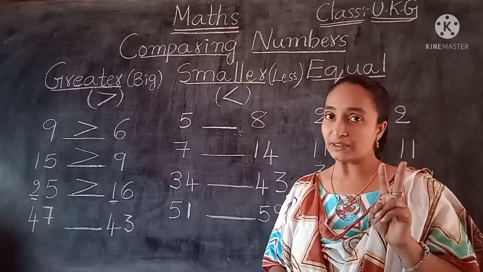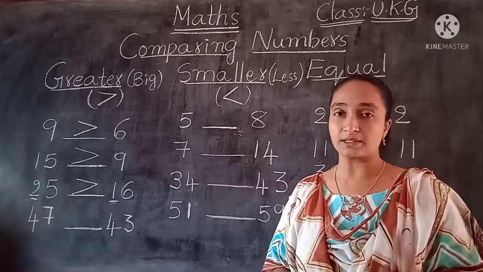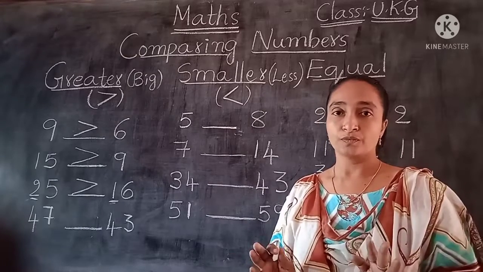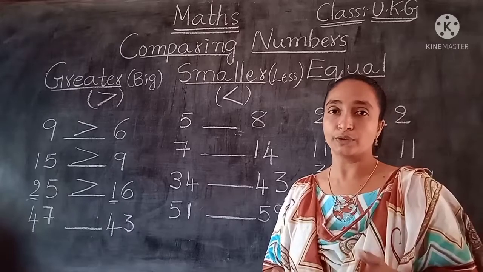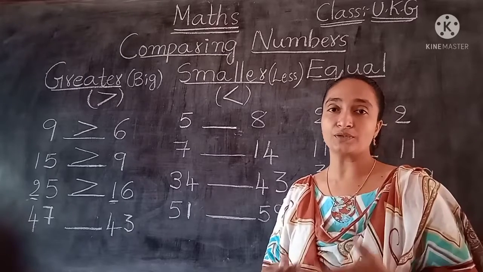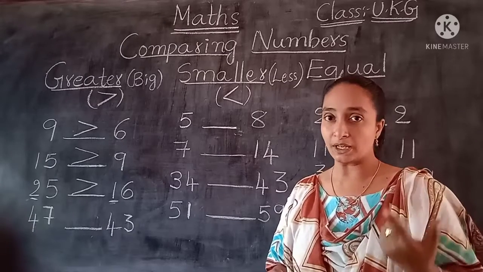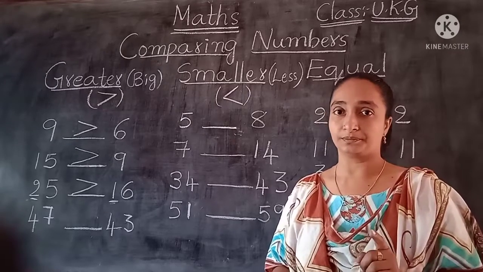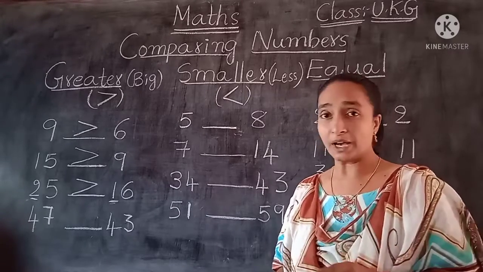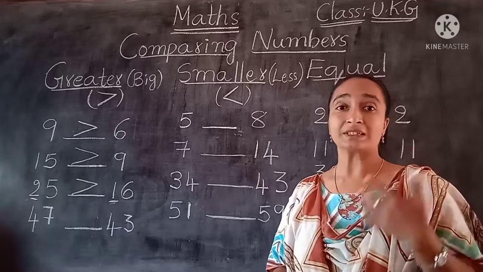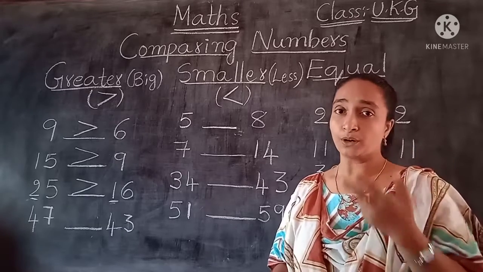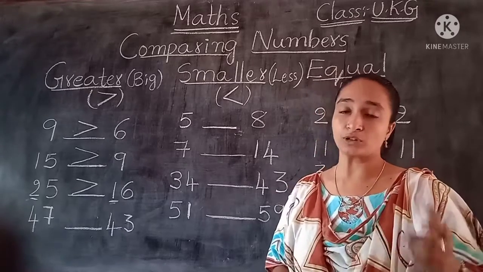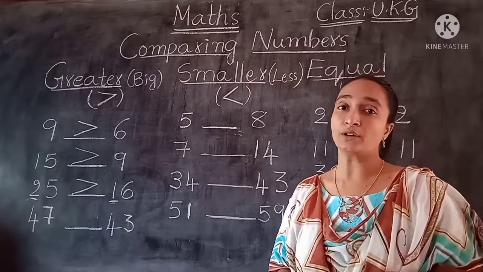So first of all they both are the 2 digits. Both are the 2, 2. So we can't differentiate now. We can't identify which is the big number. So then now again we have another idea. That is first we have to check the tens place. Okay children. Now we have checked the tens place also. So the tens place are the same. Now 4 tens is there, 4 tens is there. Both are the same. Now how could we find out?